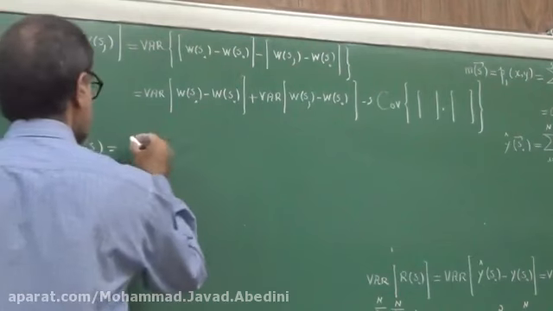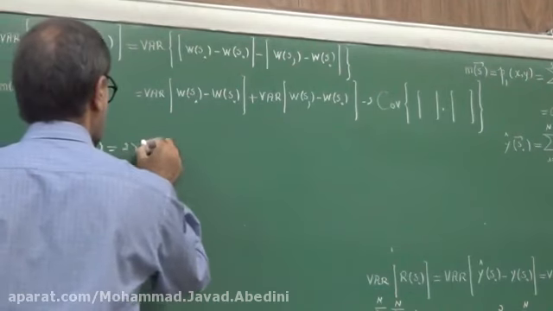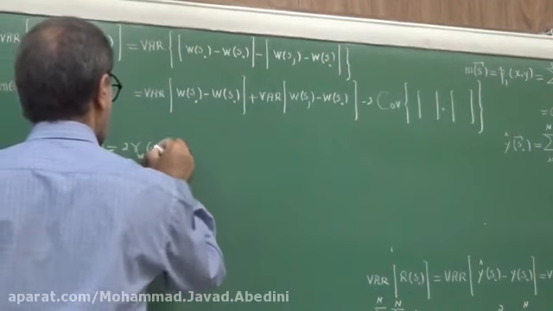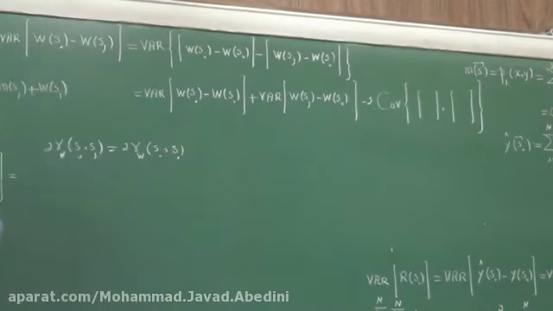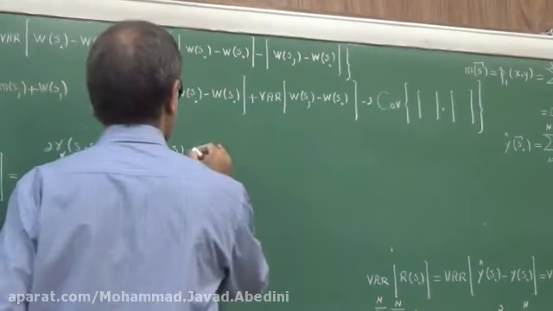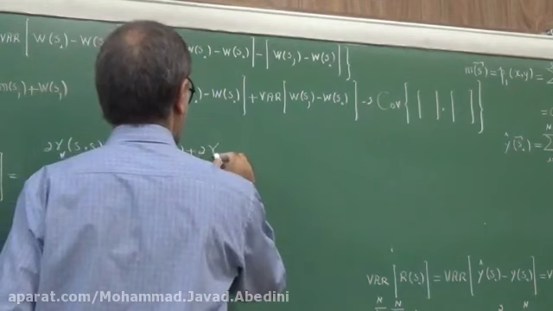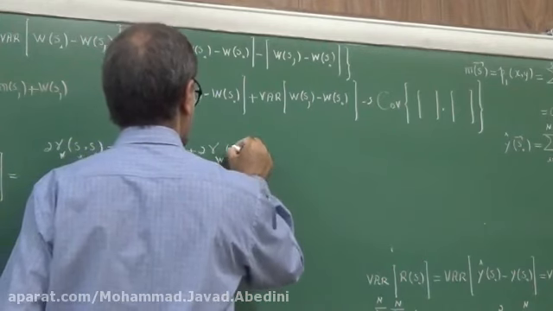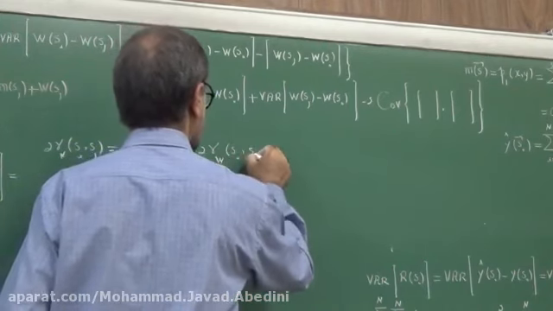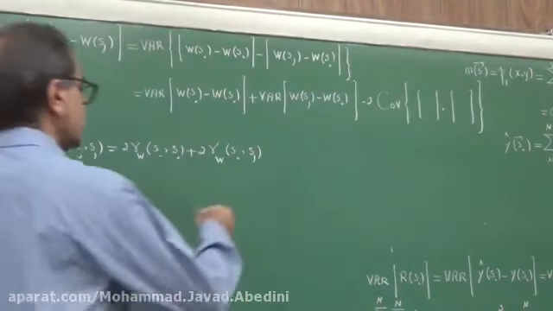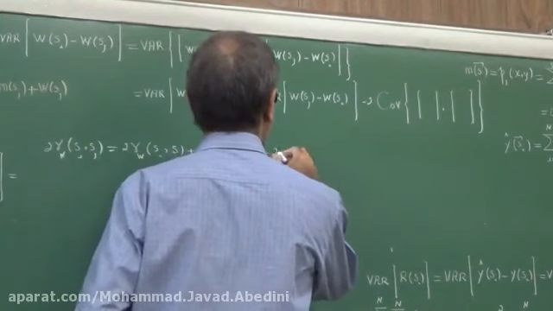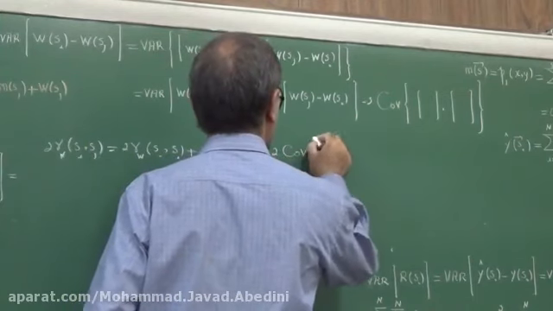I can replace this with 2 times gamma W S0 Si plus gamma W S0 Sj minus 2 times covariance of